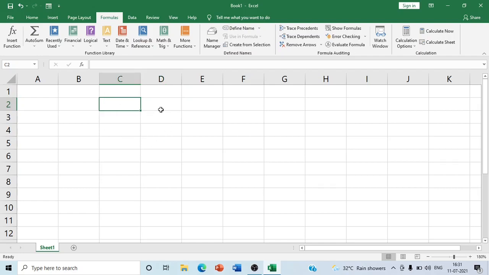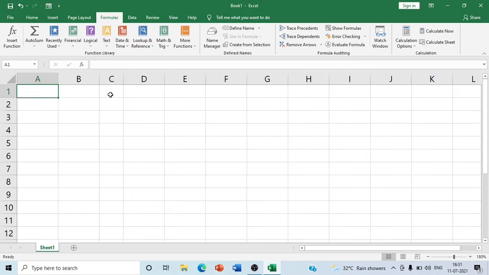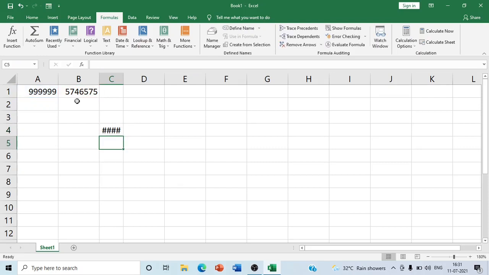For example, here, if the cell range is small and we want to multiply a number by 99999, and the second is also a large number, and we give the product here, equals this and the multiply sign, then you will see it shows hash.